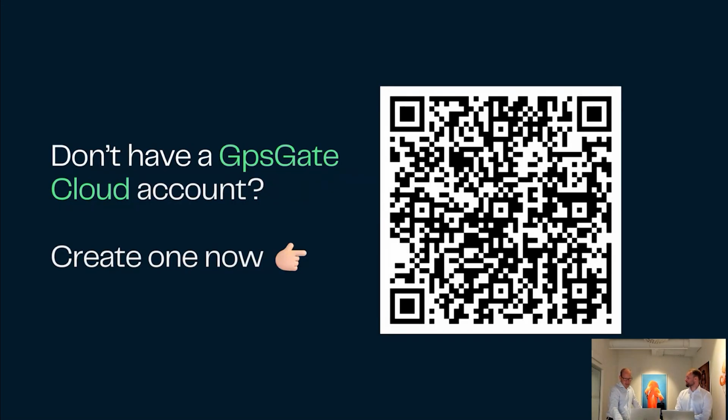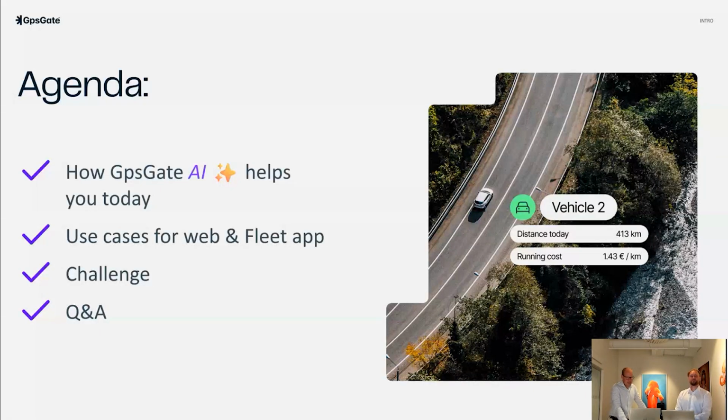So this is the agenda for today. How can GpsGate AI help you today? We have been testing a lot and we have been letting some customers test, and we have received some feedback. So we will give you a summary on what we have found so far with AI. The future is bright and it will be very interesting to see where this goes. And then we will show you some use cases, both from the desktop GUI and from the Fleet app. So you can see what kind of prompting, questioning that you can do to the AI, what type of help